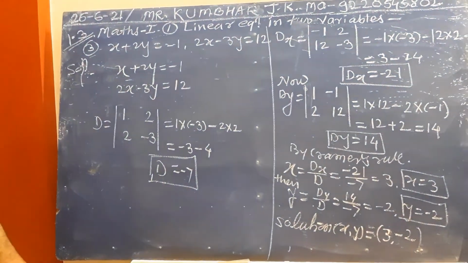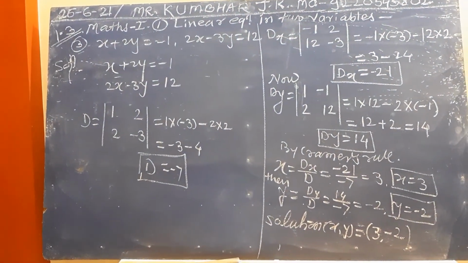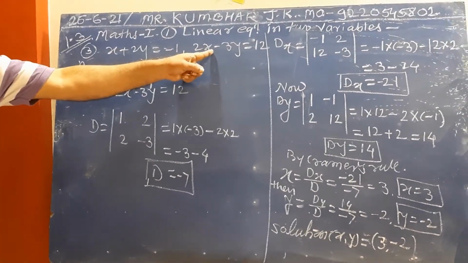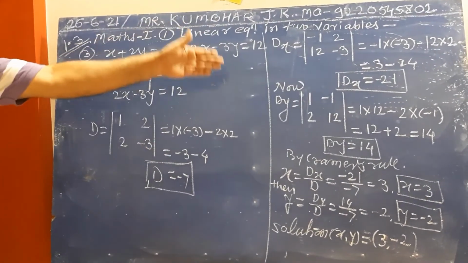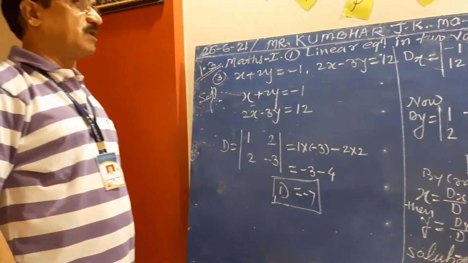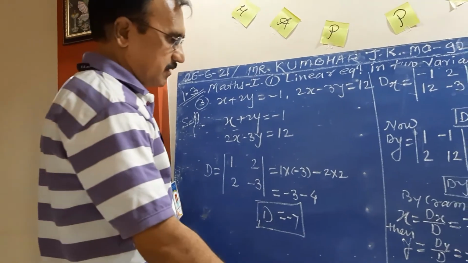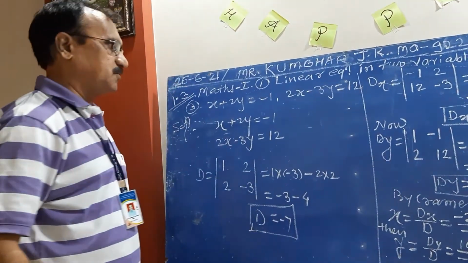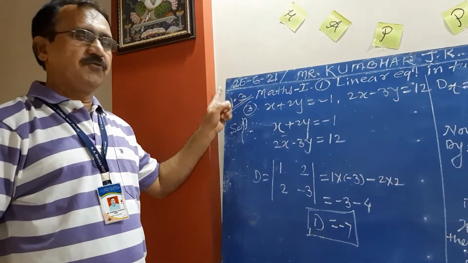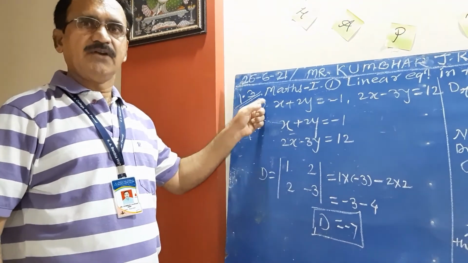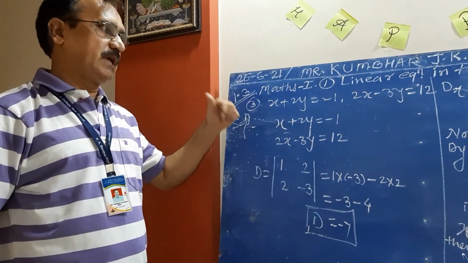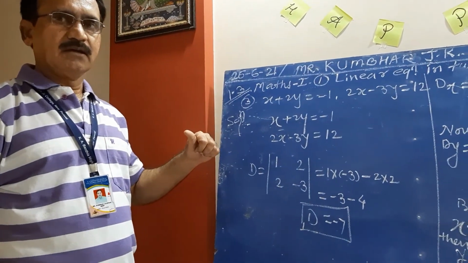This is the required solution. Remember once again, if equations are not in standard form, first convert them to standard form and then solve this way. All examples are easy based on Cramer's rule or the determinant method. Try to solve the remaining examples from practice set 1.3 at home. If any problem, you can ask your friend first. If he is unable to solve the given example, then you will ask me. Okay? Thank you.